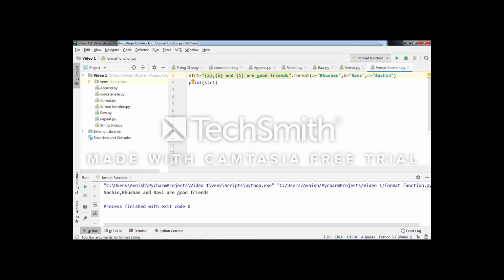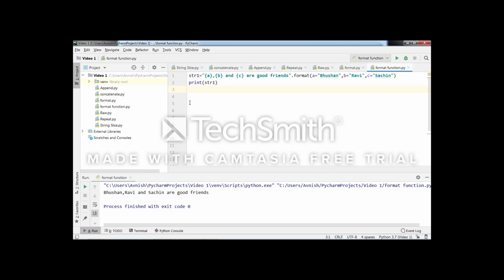And in the third placeholder I can place c. Okay. See the output. Since the key of Bhushan was in the first placeholder, that is printed first. The key of Ravi, which was in the second placeholder, is printed in second place.